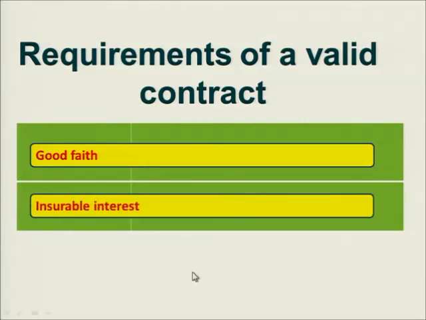Now, insurable interest is another requirement. You cannot insure something that does not belong to you. Insurable interest, I said in the previous slides, means there must be an object of which, if the object is destroyed, you will suffer a loss. So that simply means you've got an interest in a particular object, and therefore only if the object is destroyed, then you might be able to gain out of that particular